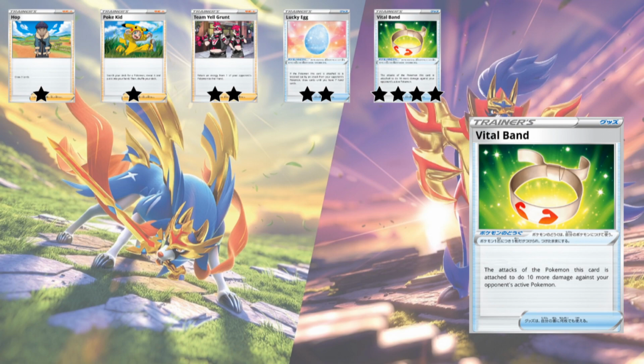It's not anything like Muscle Band or Choice Band, and we also have higher HP now, so it is fairly weak, but I do think they're trying to eliminate the amount of one-shots in the standard format with the new V and VMAX cards compared to things like Reshiram, Charizard, and Mewtwo and Mew. Those were really focused on one-shots, and I think they're trying to shy away from that just a little bit, which is good, and that's why I think Vital Band